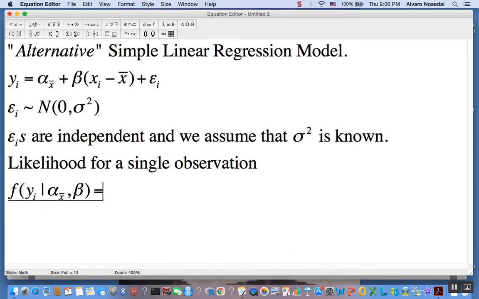Given the assumptions, note that if we have the values of alpha and beta, and the xi's are also known values because those are the values for the predictors,